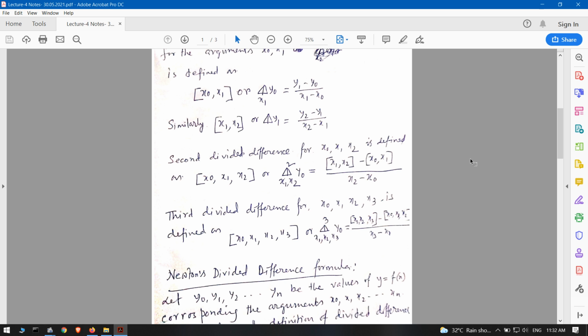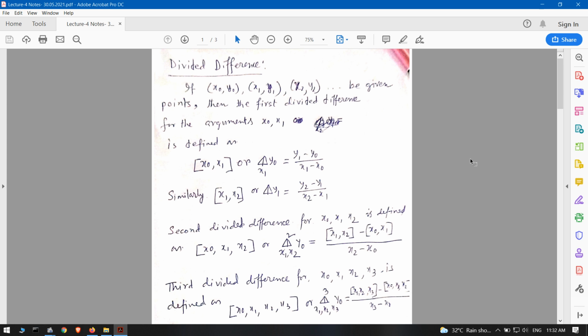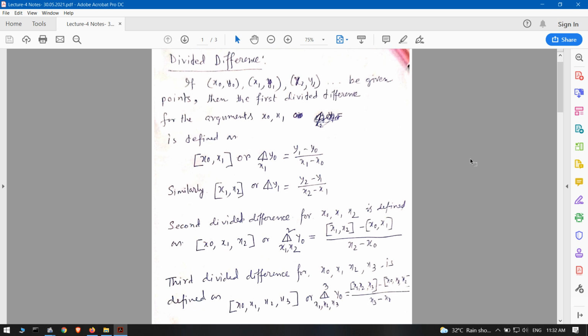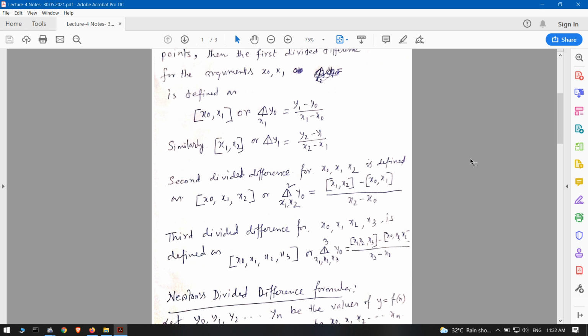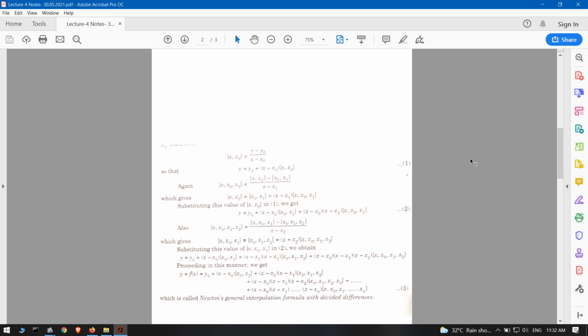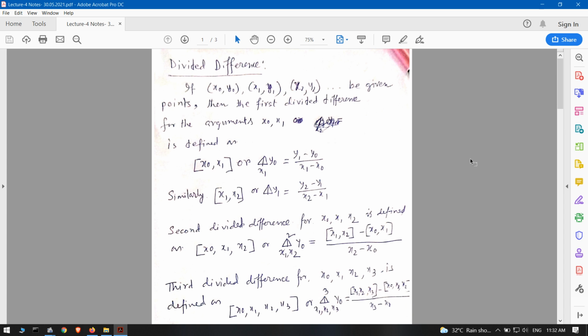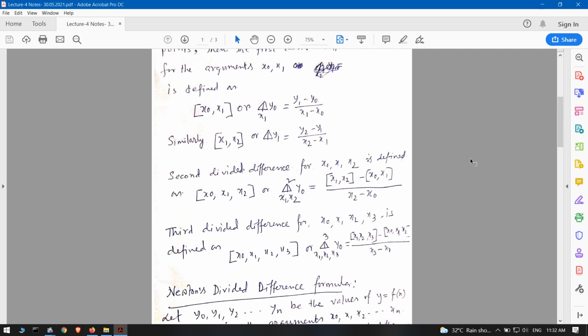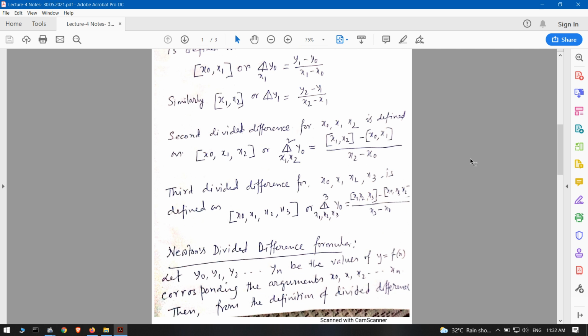So from this again we can easily find out the divided difference [x, x naught], and if we put this value into this earlier equation, that is y equal to y naught plus (x minus x naught) into divided difference of [x, x naught], then you will find some expression. Again go for third divided difference and you put the values, that is divided difference of [x, x naught, x1]. Again you go for fourth divided difference and so on, then you will find the polynomial, and that may be expanded